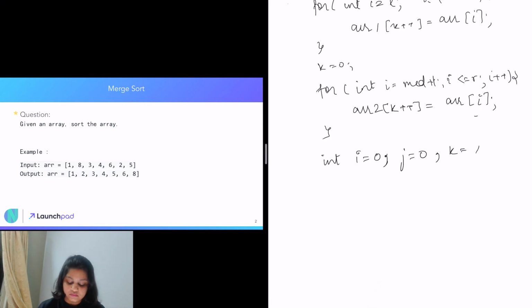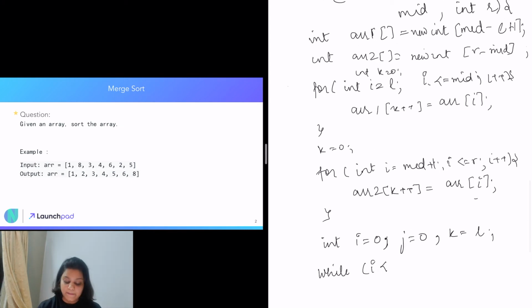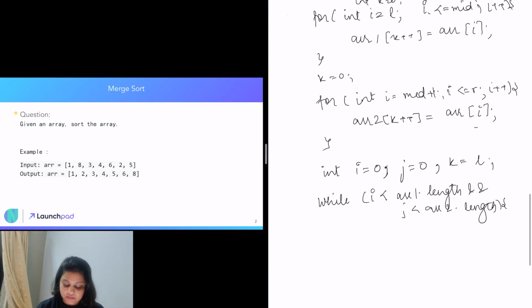Okay, so now what we are going to do is, while L is less than array 1 dot length and j is less than array 2 of length, we are just going to update the array.